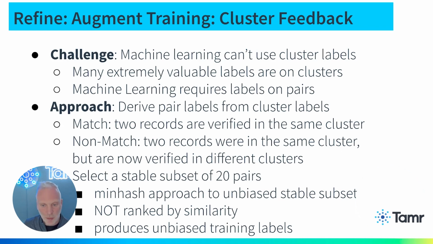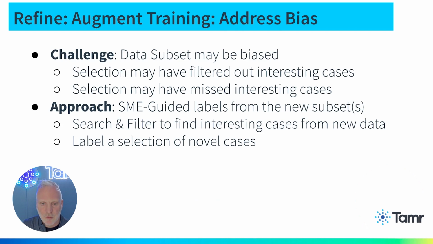Data is going to change over time. We're going to add records. We're going to delete records. Data in the cluster is going to change over time. We want those changes to minimally perturb which labels are available, which labels are derived from the cluster as training labels. So we use min-hash to select an unbiased stable subset. We select 10 match pairs and 10 unmatched pairs or non-match pairs, which ensures that for small clusters, pretty much all of the match and non-match pairs are selected. And for large clusters, we're taking just a few so it doesn't end up dominating the small clusters. And this produces unbiased training labels. That addresses